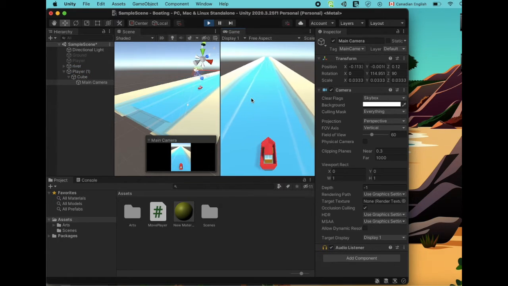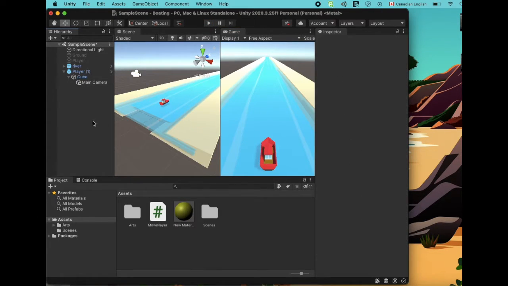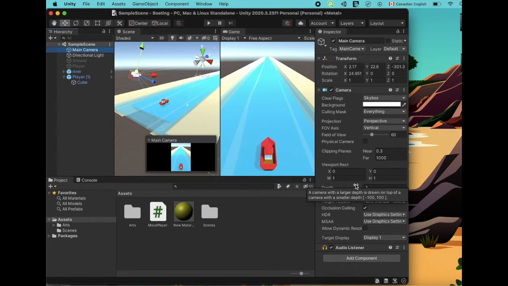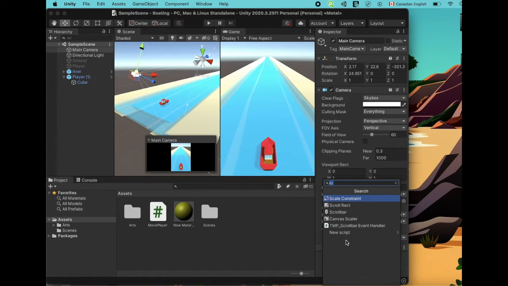Now you see my camera is following my player, but it's not the best option, because if my player hits something and rotates, my camera is going to rotate as well, and it's not what I want to create here. There is a better solution, and we can create a script,